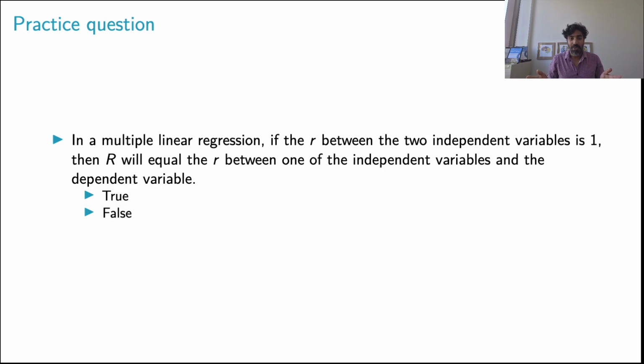So that is everything for the summary. So now what we're going to do is some practice questions. You can test yourself: pause after I've said every question and see how you go with the answer. So in multiple linear regression, if the R between the two independent variables is 1,